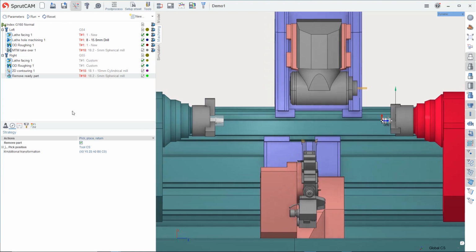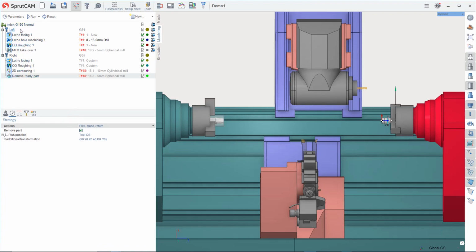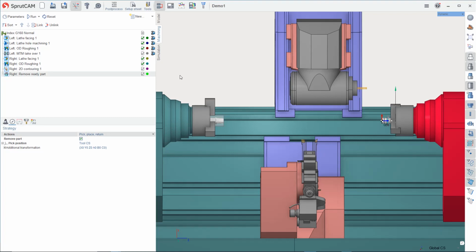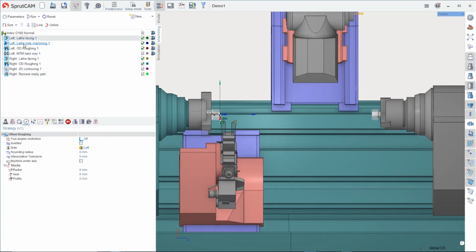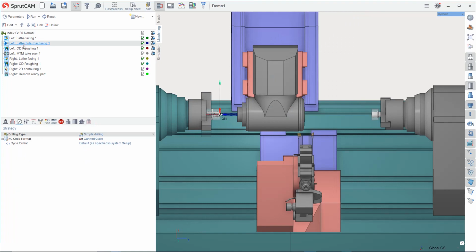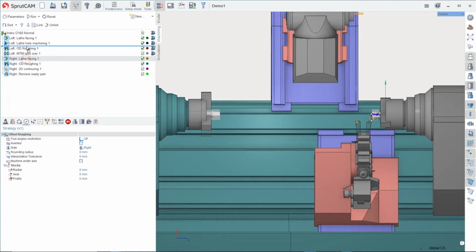That's okay. So the next stage, right now we prepared the total machining sequence for the part step by step, and the workpiece or the part will be moved from one operation to the next one. But because we have two copies of the part, we need to reorder the machining process. So I switch on this sequencing mode and reorder the operations how I would like to machine it. Facing is the first, it's okay for me. Drilling also, but after that I would like to make the facing in the right spindle, roughing in the right spindle. After that I would like to